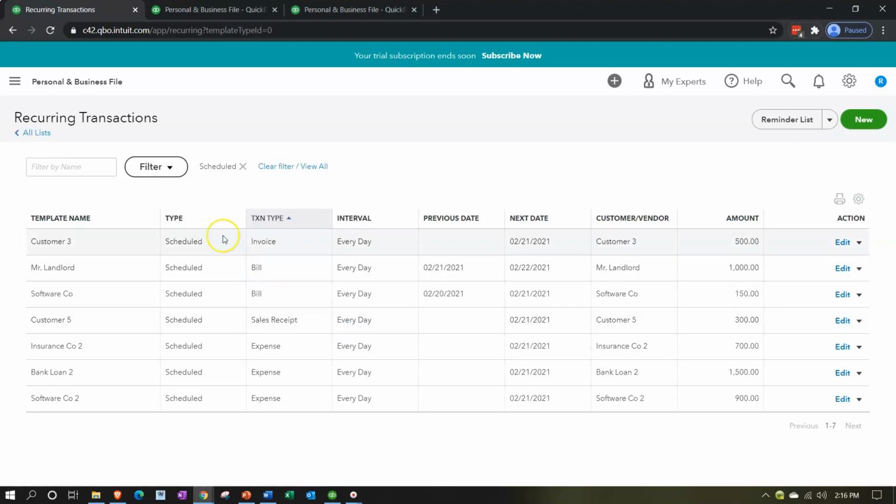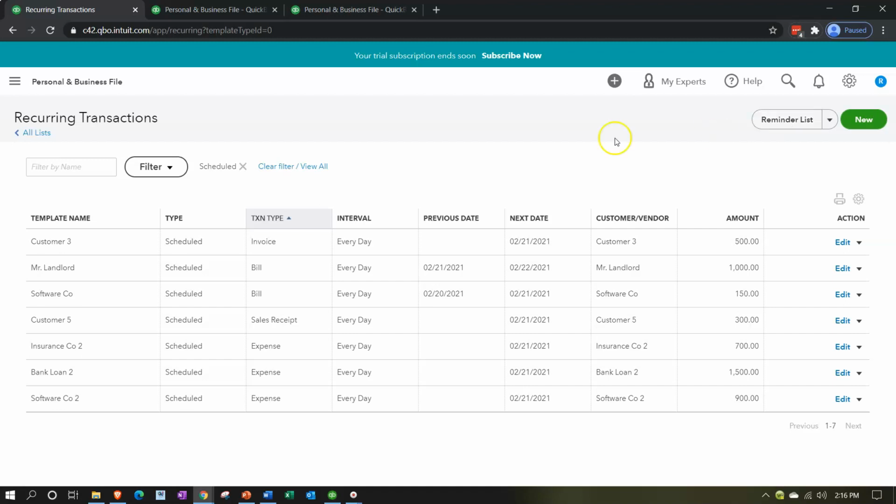So there we have it. We have all the scheduled transactions here. And so we had invoices and bills and so on. Here's the sales receipt. The fact that it's scheduled means that once the time has passed, it will automatically record the transaction. Nothing will be shown in the reminders list. We will then verify or double check that it has properly been recorded with the use of some kind of reconciliation, possibly through the bank feeds, matching out what clears the banks to the transaction,